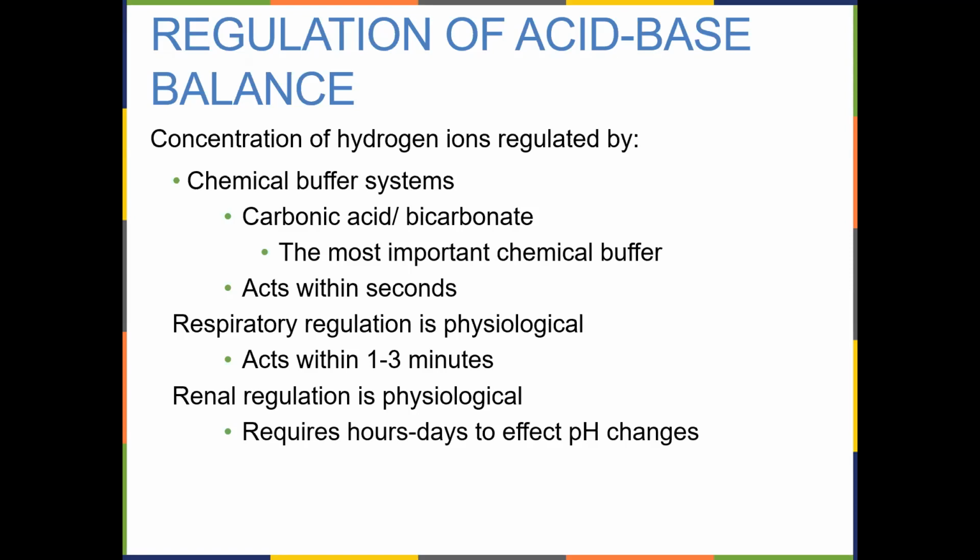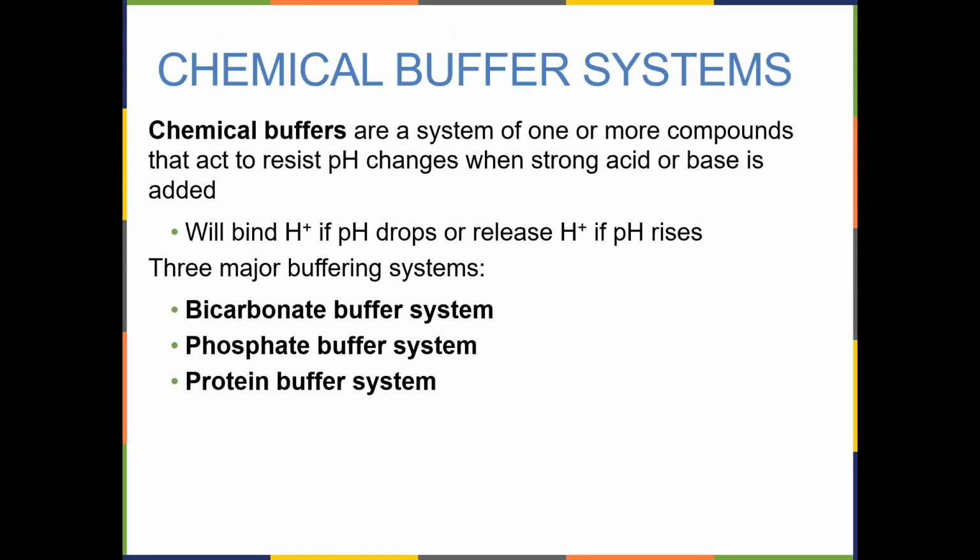Our lungs breathe faster to blow off the excess CO2, and we don't notice what our kidneys are doing. But if it becomes a chronic issue, our kidneys are going to get to work. But again, that takes several days. So now within the buffering system, there are 3 types of buffers. The most important one is the bicarbonate system, using sodium bicarbonate and carbonic acid. We also have a phosphate buffering system and a protein buffering system, but the most important one is the bicarbonate